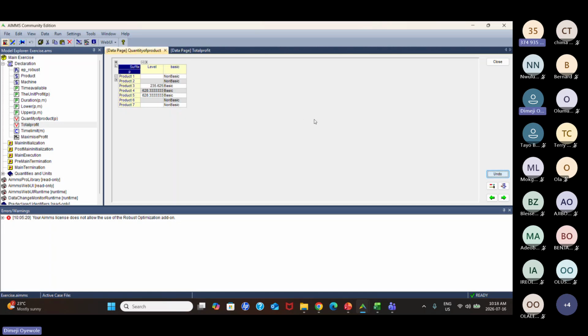There are ways we can produce our results in bar charts, in pie charts and some other visualizations. But it's another programming entirely. We have to set AIMMS to do this, which is going to take much of our time. Because this is basically an optimization, that is why I restricted the programming to this. I don't know how to do it. I normally used to get the result and plot it. But that's just me.